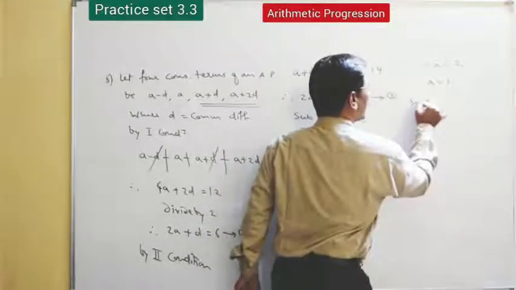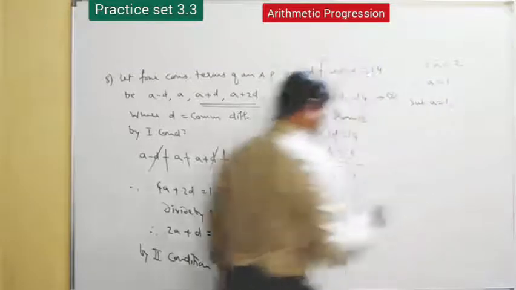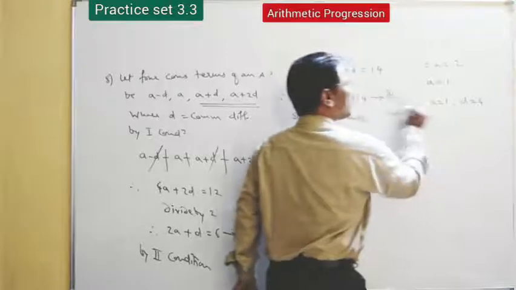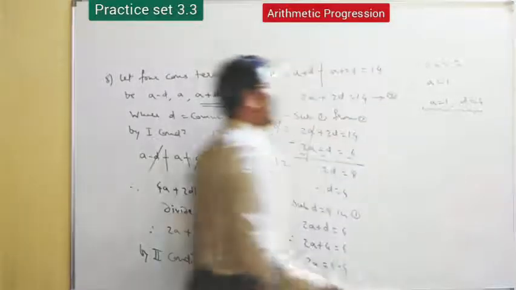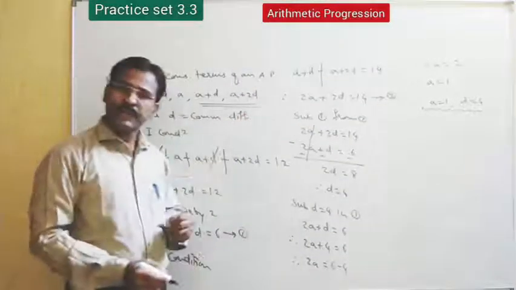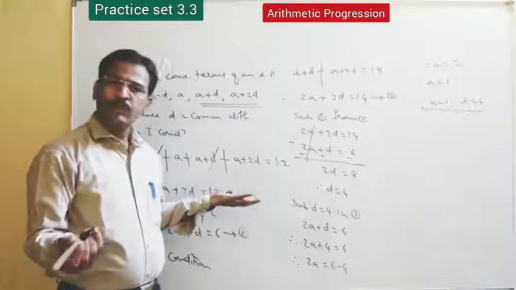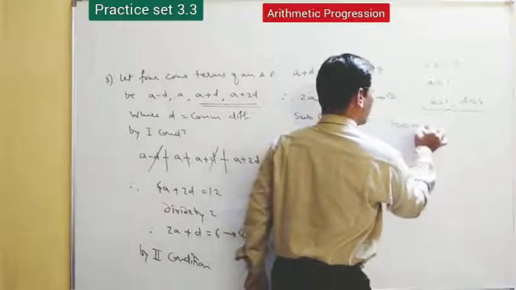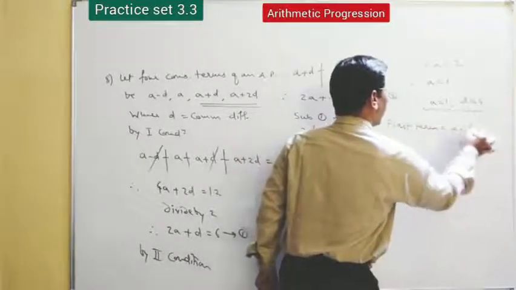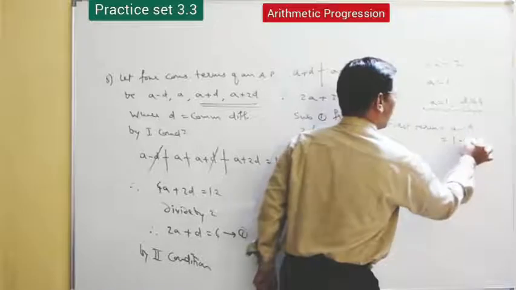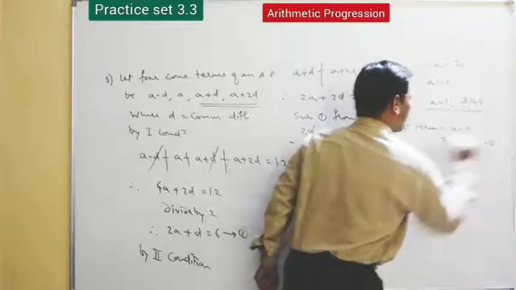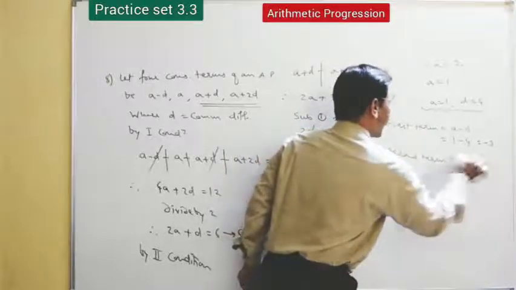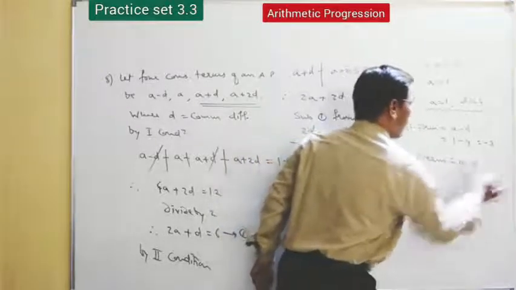Now substitute a is equal to 1 and d equal to 4. By using this one, we can find all the 4 terms here. Yes, a and d both we can get here now. So look here. Therefore the first term, that is a minus d. A is 1 minus 4, here it is minus 3. Second term, that is directly a, which is 1.